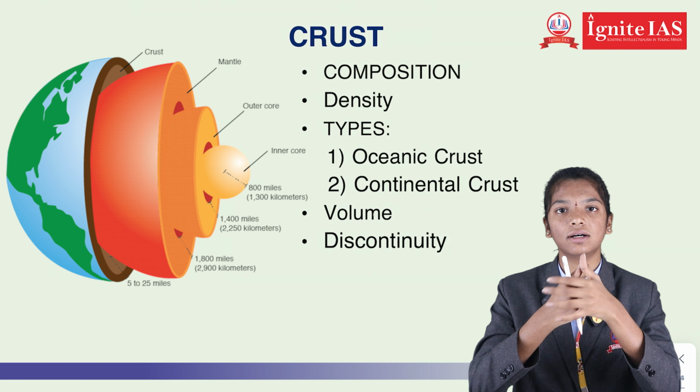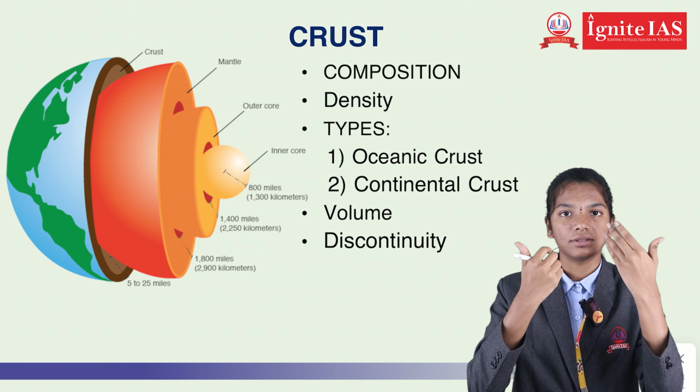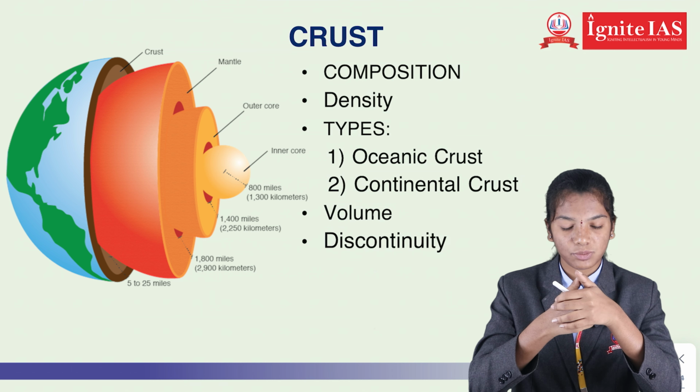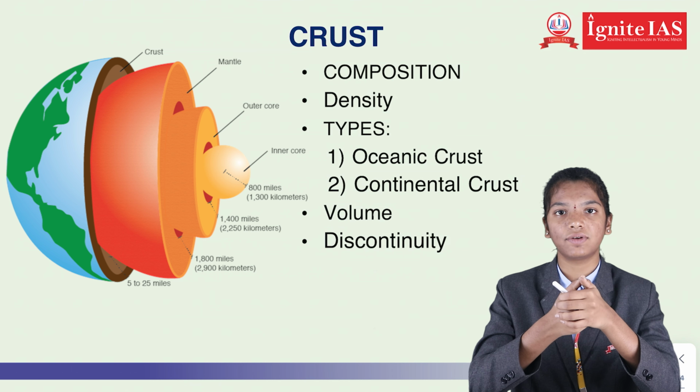First we will be knowing about crust. Crust is the outermost layer of the Earth's interior and it possesses just 1% of the Earth's mass. Crust is composed of sedimentary rocks, igneous rocks and metamorphic rocks. The igneous rocks like granite and basalt, which are formed when magma flows down, are the most prevalent types of rocks in the crust. The average density of crust is less than 2.7 grams per cubic centimeter. And crust is divided into two types: oceanic crust and